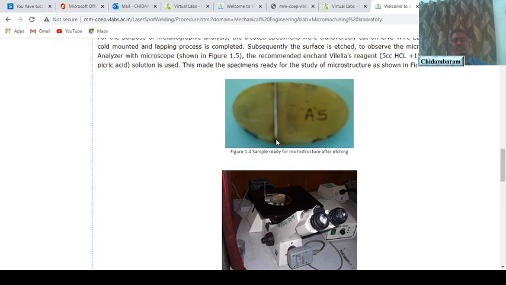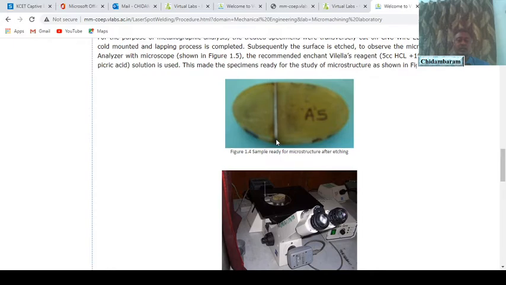Cut the specimen using wire EDM across the weld. We want to know the depth of penetration, therefore we need to cut across the weld. So cut across the weld using wire EDM and then polish that specimen.